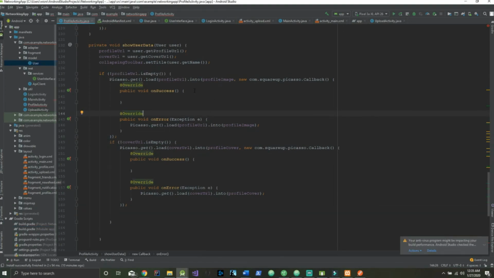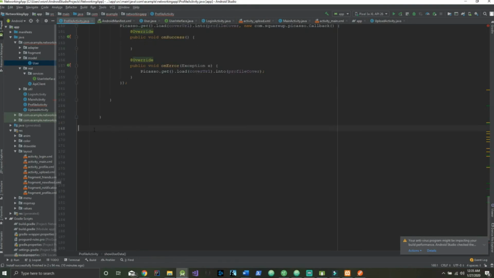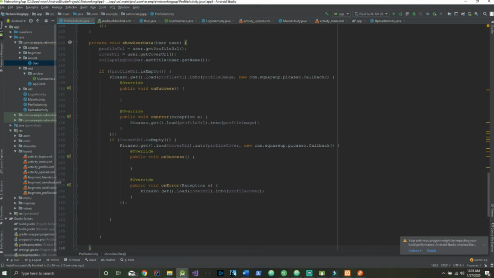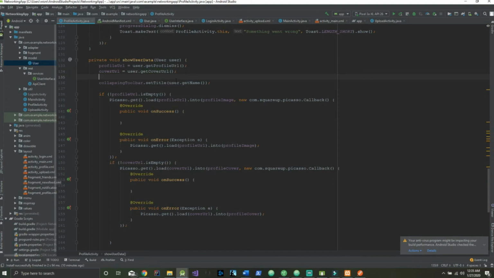Okay, now that our method is complete, it looks like we still have an error here. We must add a curly brace right here. Oh, and the error went away. So what's happening here is when we're showing the user data, we're essentially getting our profile URL by calling the getProfileURL method inside of the user class that we just created. Next to that, we are doing the cover URL too, and we're going to set the title of the toolbar to our name. Right now, I think it says networking app or something, so we're actually going to set the